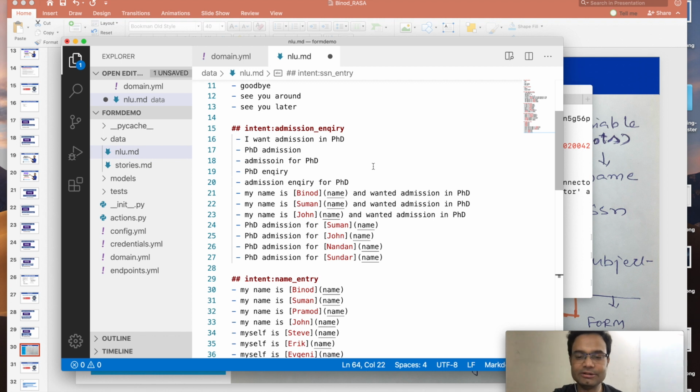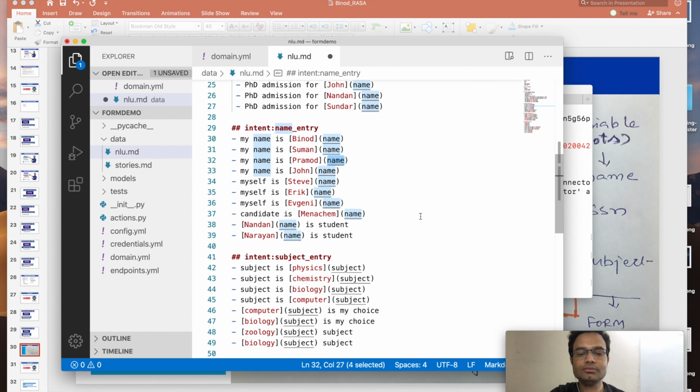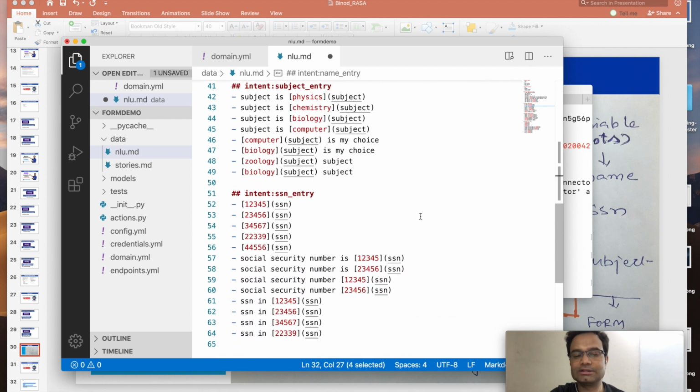I will explain the difference between these. And I have given the name entry, with as many training data possibilities as we can put here. This is the entity, this is the label, and the same for the subject and SSN also.